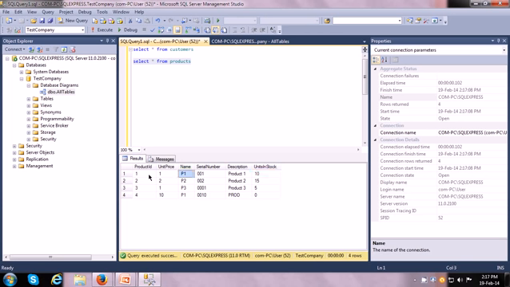If P1 is our product, we have different properties. The product ID property of this object is 1, its unit price is 1, its name is P1, and so on. This is how the data is stored in the database in the form of tables, and every column in that particular row contains one piece of information about that entity, that object.